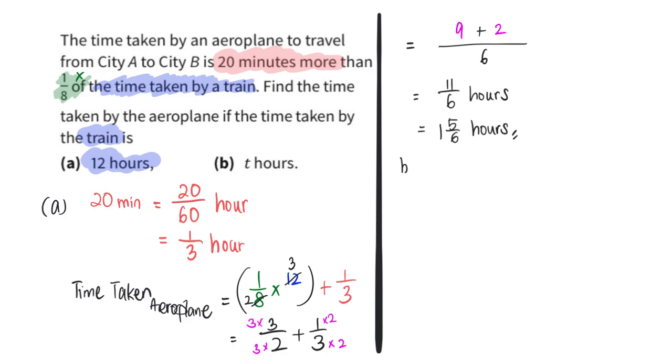Done. For part B, since they now give me T hours instead of 12, I'm going to repeat these steps,